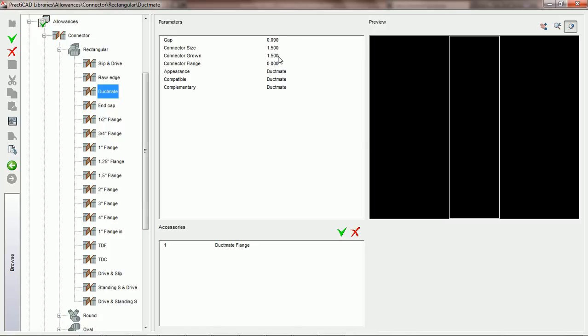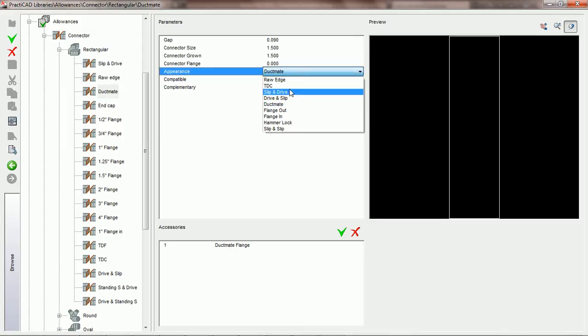And if we subtract these two, the value is 0. That means we're using 0 material to create the connector. And the reason why is duckmate flanges are accessories you buy and add on later. So in this particular case, if we choose the appearance duckmate, even if we choose the appearance flange out, it doesn't make a difference, because the length of the flange is always whatever material is left over from subtracting connector